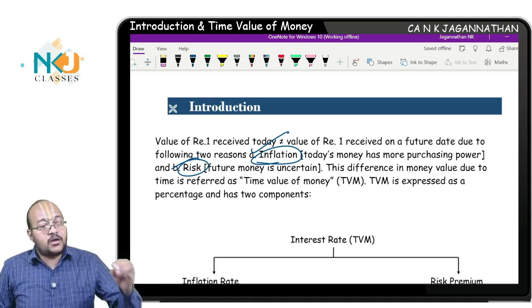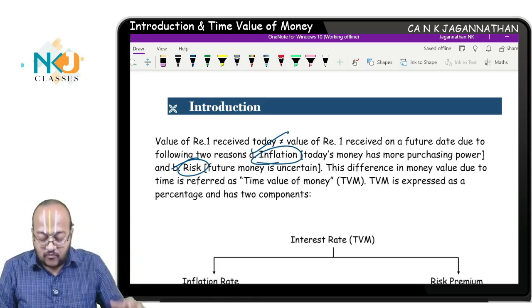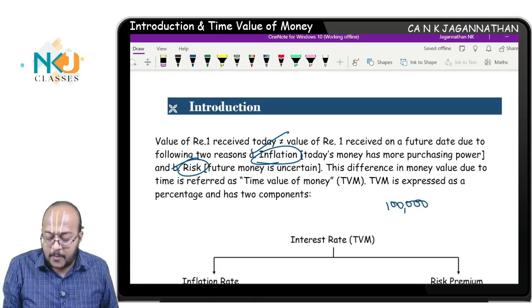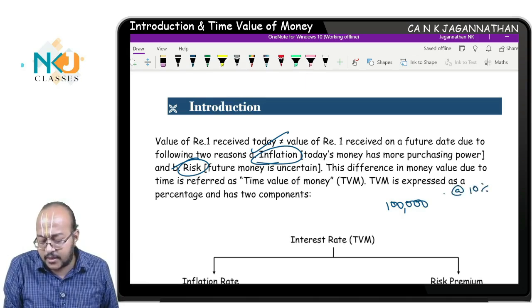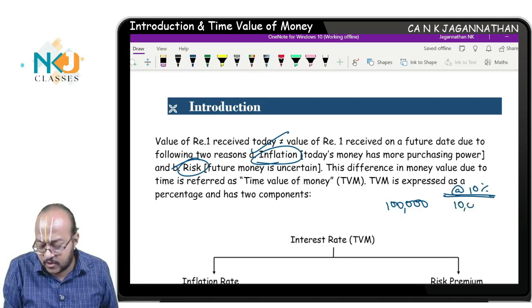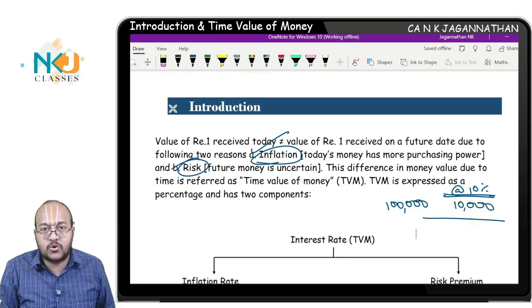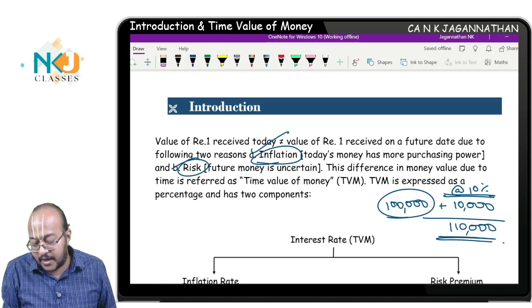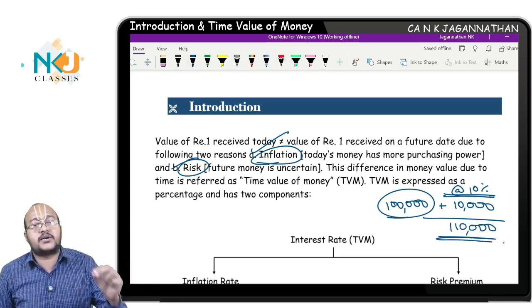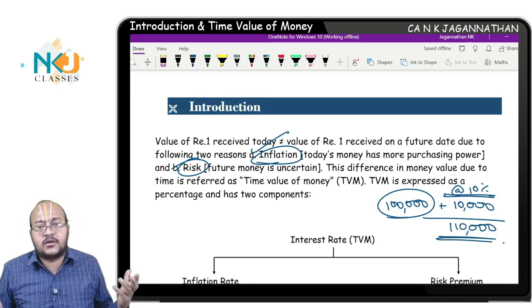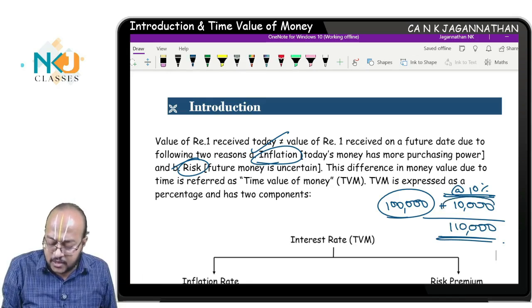Very simple. Assume you are going to a bank and depositing 1 lakh rupees. Now, assume the bank pays interest at 10% for a 1 year deposit. Say 10,000 will be the interest, correct? The maturity value, your principal along with the interest, will be 1,10,000. So the bank will pay your principal as well as the interest of 10,000 rupees. Why is the bank paying interest? Why is it paying 10,000 rupees as interest?